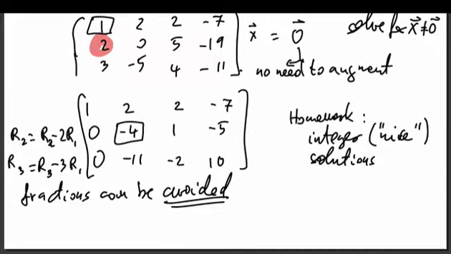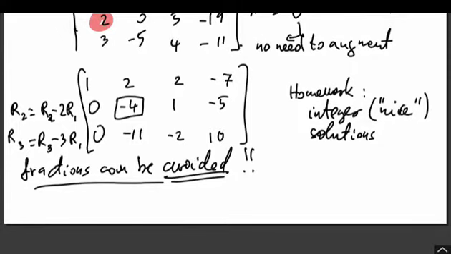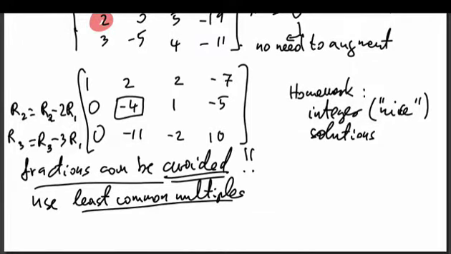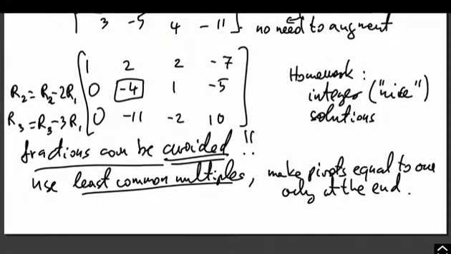Nobody likes to work with fractions on paper. I don't like it either, so that's a very important trick. What we have to do is use least common multiples. Also, make pivots 1 only at the end. So don't start dividing to force the pivot entries to be 1. And if